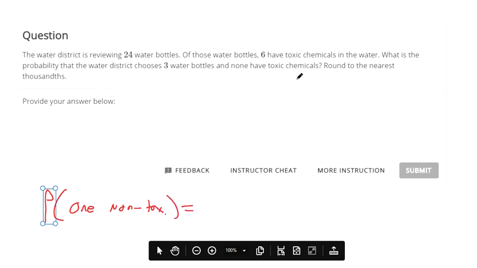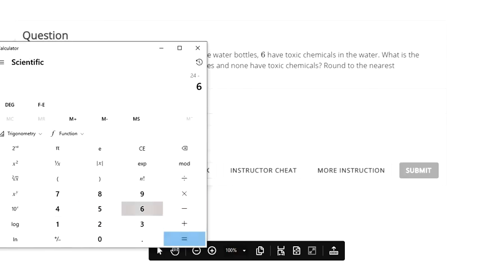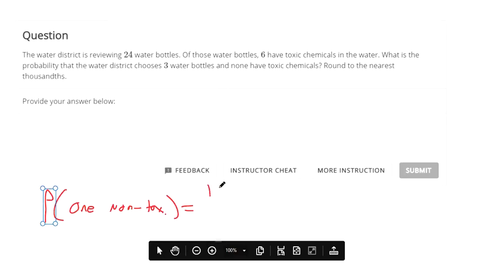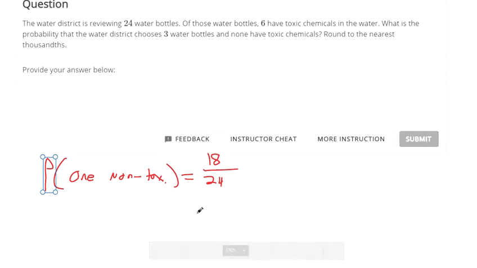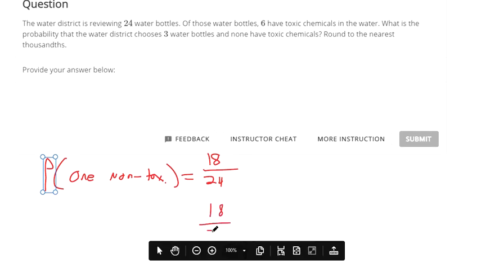If 6 are toxic, then 18 are non-toxic. So there's an 18 out of 24 chance that we randomly select 1 water bottle and it's non-toxic. Now, the probability that the next one is non-toxic, I'm going to carry down this for just a second